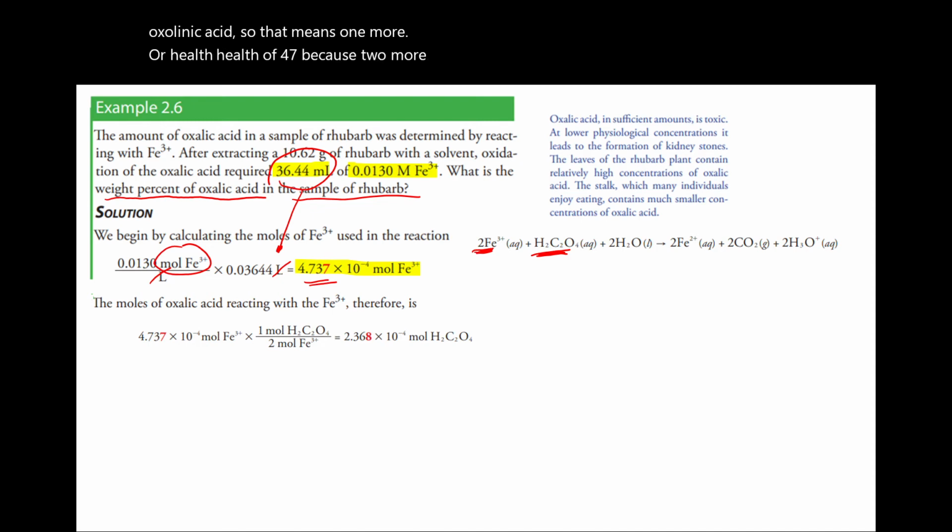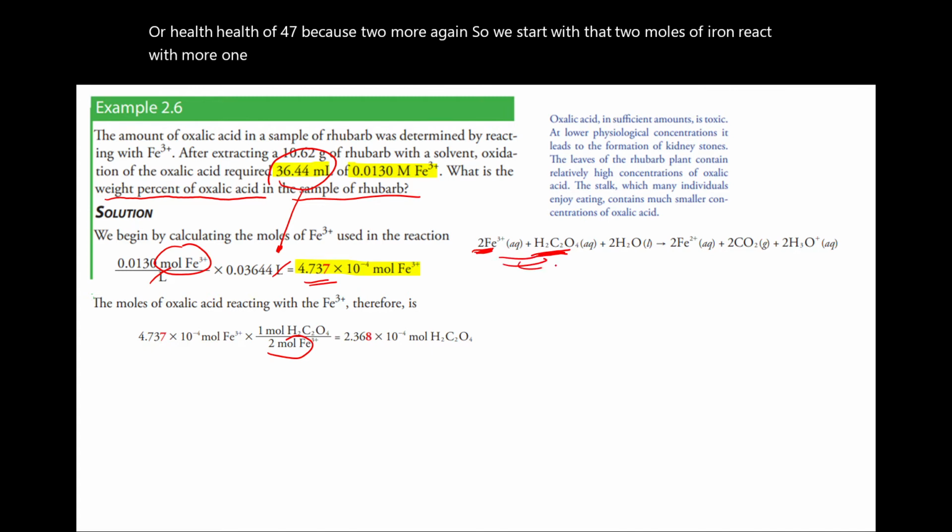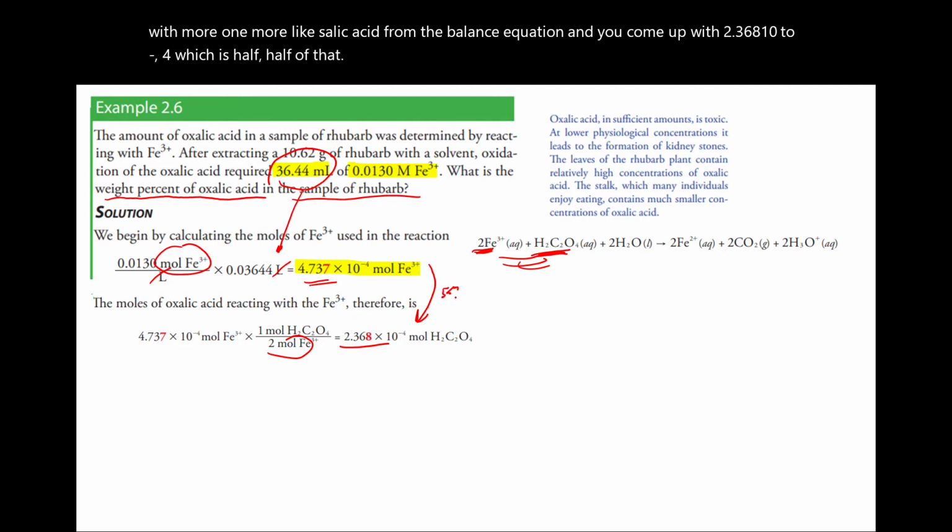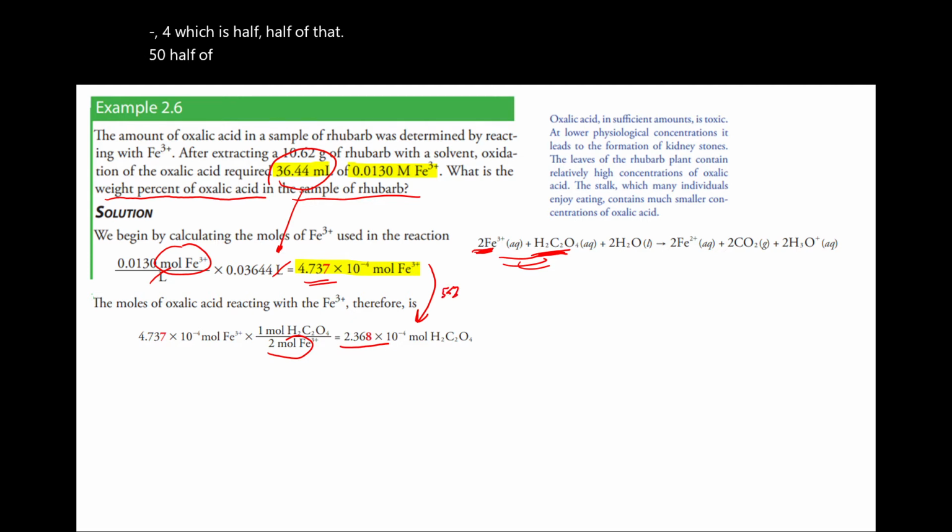So we start with that: 2 moles of iron react with 1 mole oxalic acid from the balanced equation, and you come up with 2.368 times 10 to the negative 4, which is half of that. Next we convert the moles of oxalic acid to grams of oxalic acid,